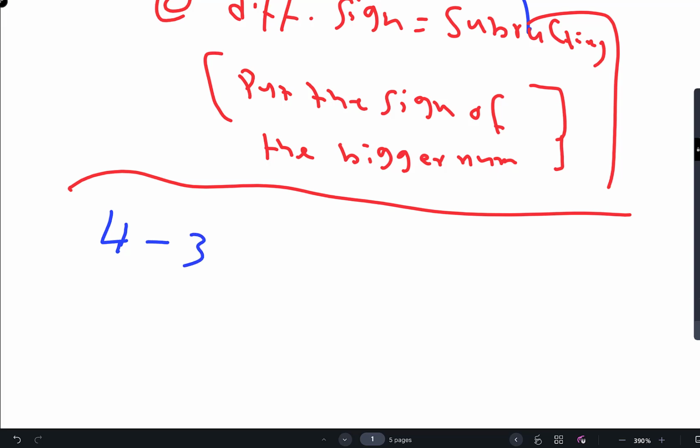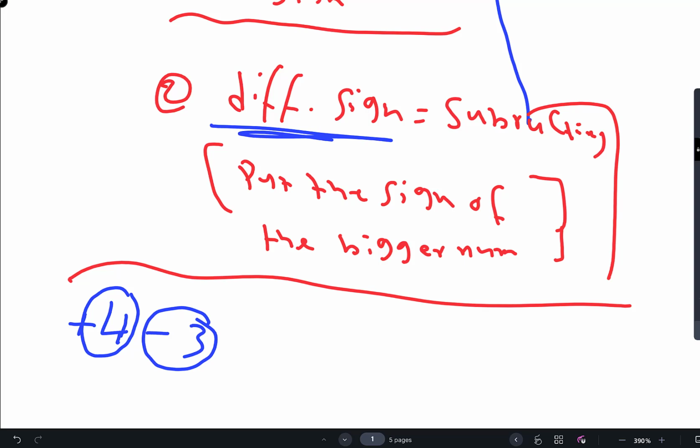4 minus 3, so they are integers, okay? This is positive, and this is negative. If they have different signs, you have to subtract, because we don't have multiplying and dividing. Because different sign, you have to subtract. 4 and 3 subtract is 1. What about the sign? You have to write down the sign